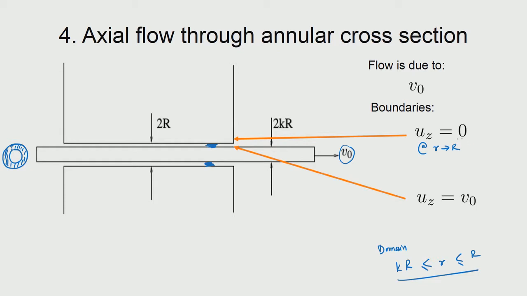So, that is giving you axial velocity to be 0 because the outer container is stationary, and at r going to kR, the velocity is given by V naught because the situation is that of a moving wall. So, both of them are actually no slip conditions only. So, the flow is happening not because of any driving force, but only because of the moving walls. So, if this is a simple situation, how would we go about arriving at the solution?